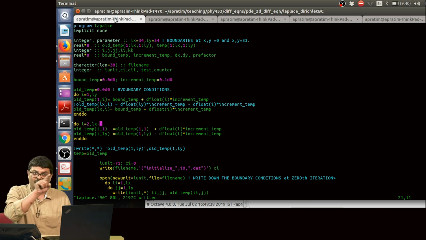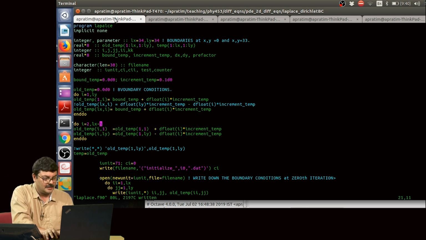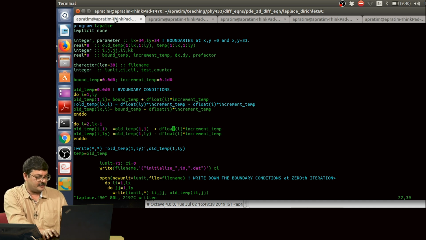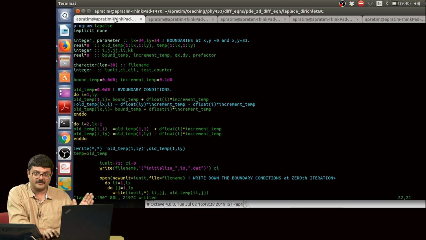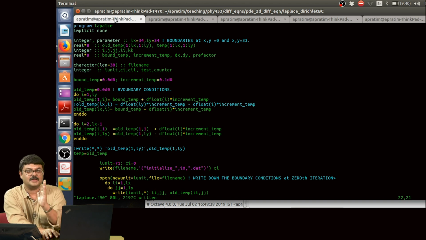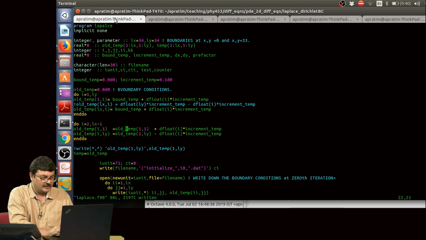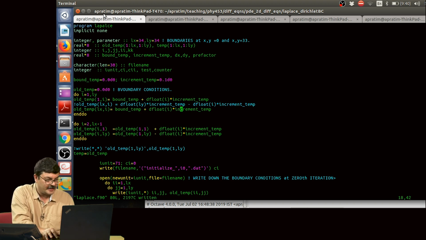And along Lx, the top part, you again have the same temperature as previously. Basically what I have given here is old temperature 1, whatever is there on the x axis, it should keep on increasing, right? So, here I have changed the boundary condition from this line, where it was as I specified before, and here I am saying it is the same as this. So, they are both increasing, and if you run this now,